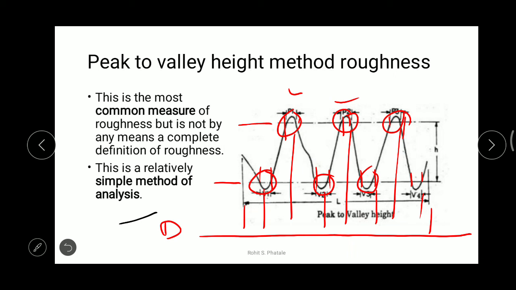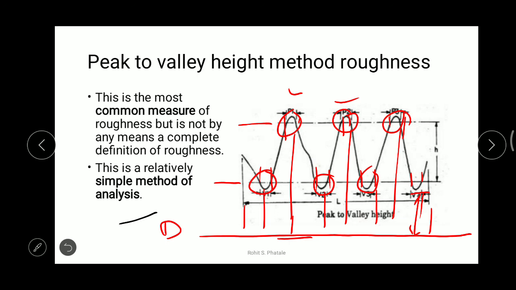Another important thing is that whatever height is larger, that we will take first. Whatever height is greater from the reference line, we will prefer first, and whatever height is lower, we will prefer at the last. So that is the 10-point height average method.